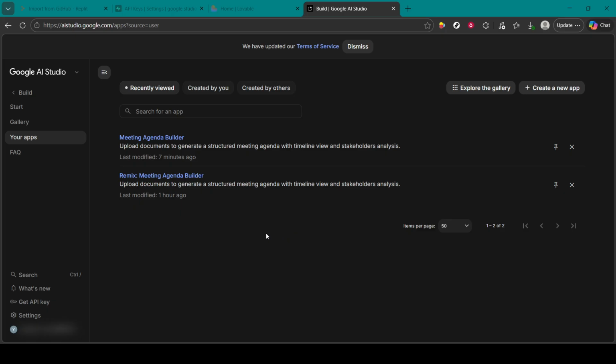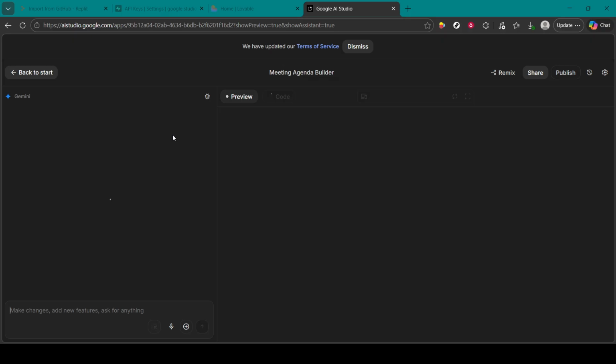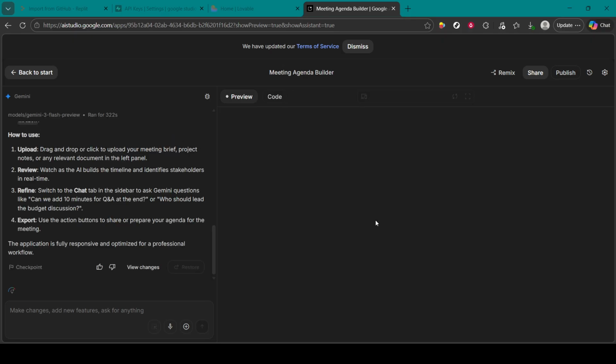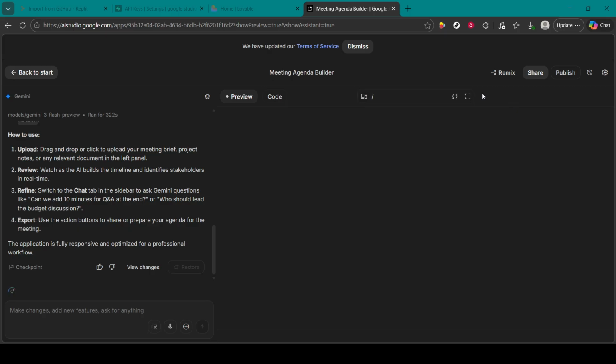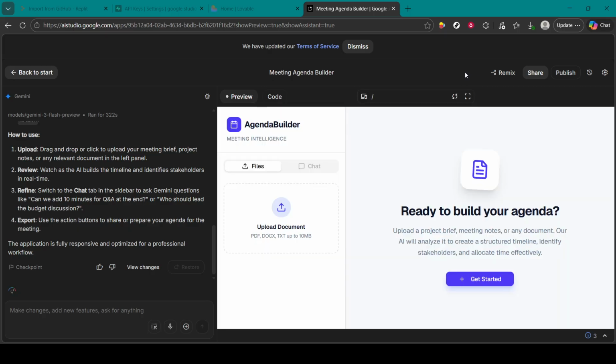Inside the app view, look toward the top or upper right area for a download icon, typically a downward arrow. That's the control that bundles your current app into a package you can save locally. Click the download icon. If your browser asks where to save the file, pick a folder you'll remember, such as